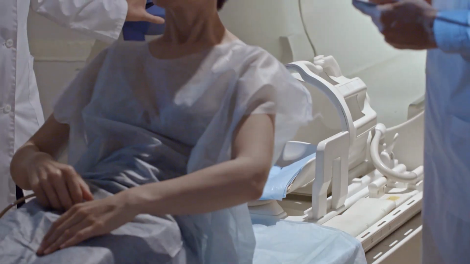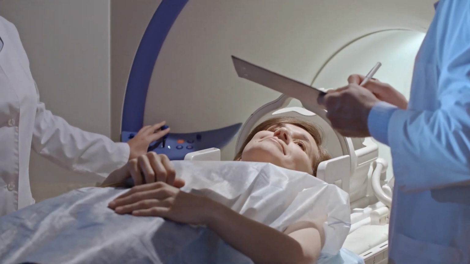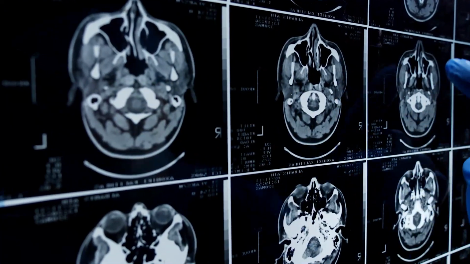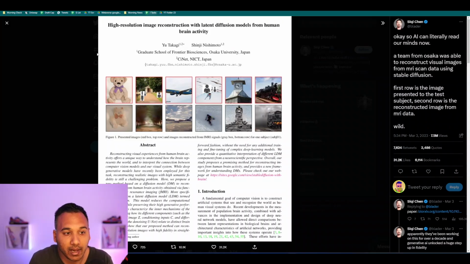So MRI scans, guys, if you don't know what they are, that's all right. MRI scans are used to pick up issues with soft tissue, so people use them to pick up things like cancer, pain or tumors. MRI scans of the brain will allow this AI tool to see the brain waves, how it's moving, what's happening within those waves. And using Stable Diffusion, it seems that they've been able to recreate that image.